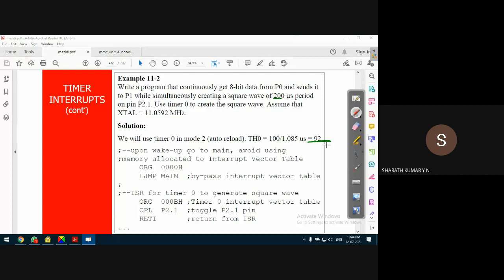So for the initial value loaded to timer T0, since we are using timer 0 in mode 2 operation to generate a delay of 100 microseconds, we have to load the number of clock pulses to be counted into the upper byte of the timer. It will be automatically loaded to the lower byte of the timer, where the lower byte starts counting the clock pulses. It will start from 92. When it reaches the final count of FFH, it will generate the interrupt.